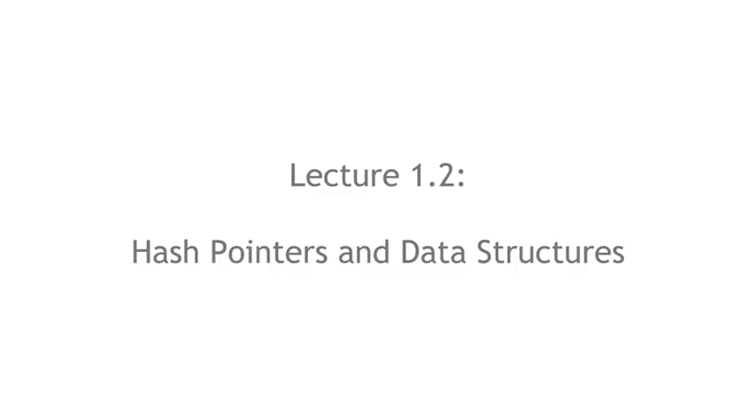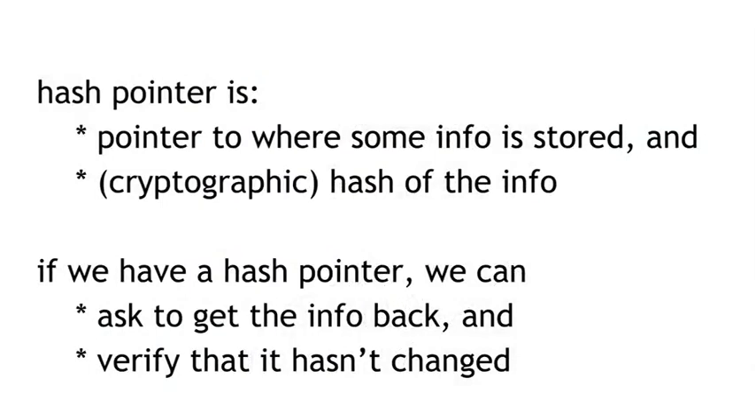In section 1.2, we're going to talk about hash pointers and their application. A hash pointer is a kind of data structure that turns out to be used a lot in the systems that we're talking about. And a hash pointer is basically a simple thing: we're going to take a pointer to where some information is stored, and together with that pointer, store a cryptographic hash of the information. So whereas a regular pointer gives you a way to retrieve the information, a hash pointer is going to